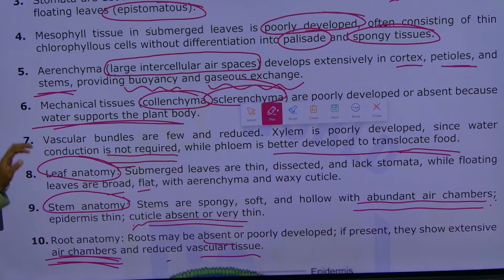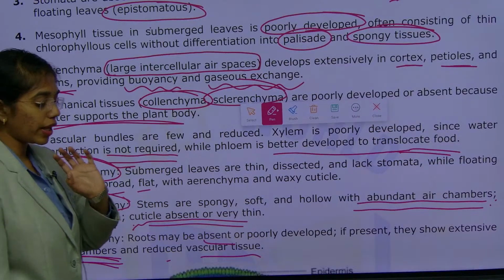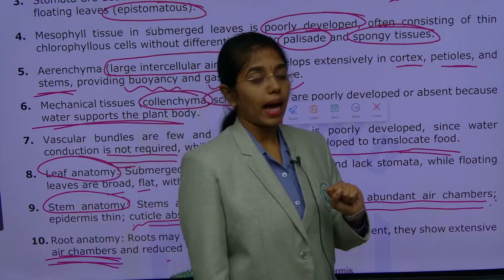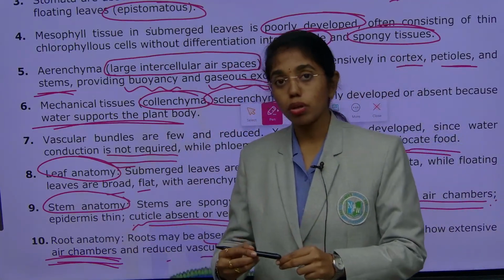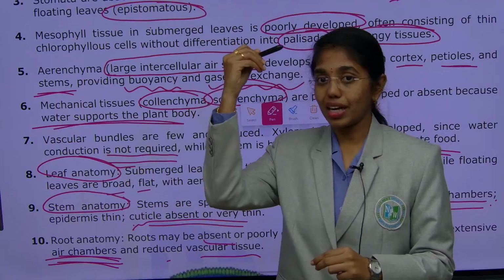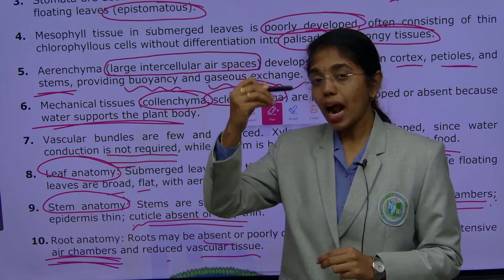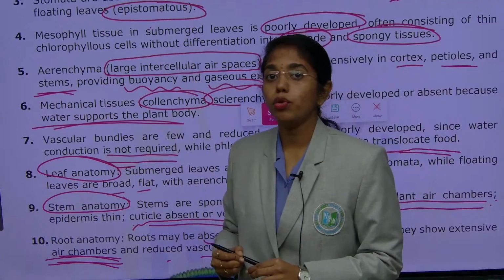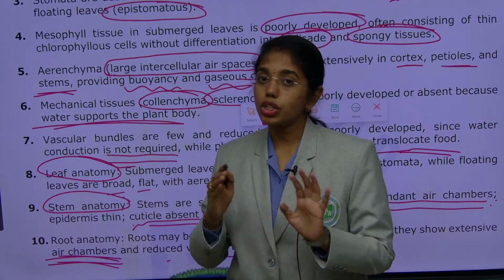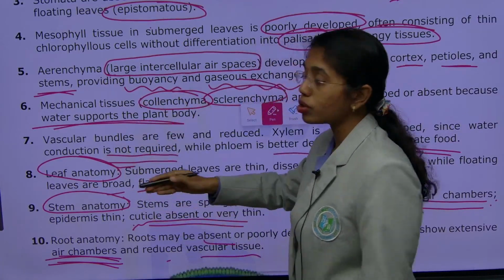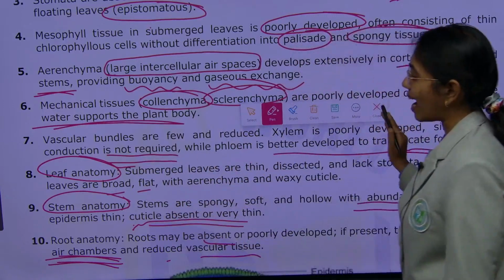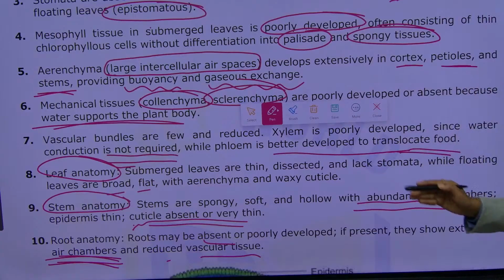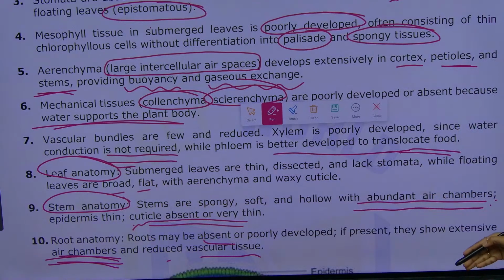Clear, right? Whenever you are explaining about morphological or anatomical adaptations, go in a sequence. Either start from root and go till the tip, that is leaf and epidermis, or start from the epidermal region and move to the root anatomy. It is your comfort, but mention in sequence so that you will not miss out any point. Okay, just go through the answer, and if you are having any doubt, just drop a message in the chat box, I will be explaining to you.